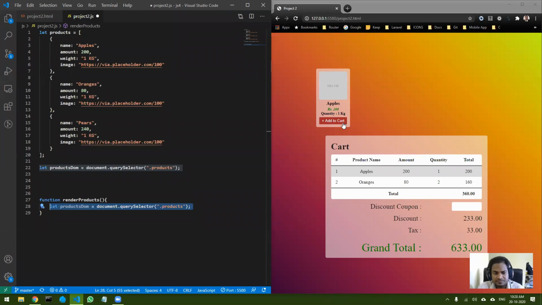The second one will run when the function is called. Just to avoid the confusion, let me run the function also. So I've called the function. Now will it make any difference if I put it over here or over here?